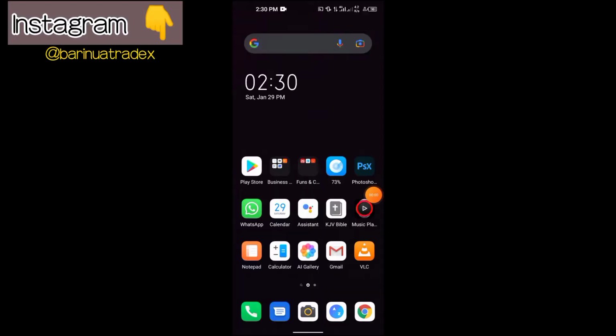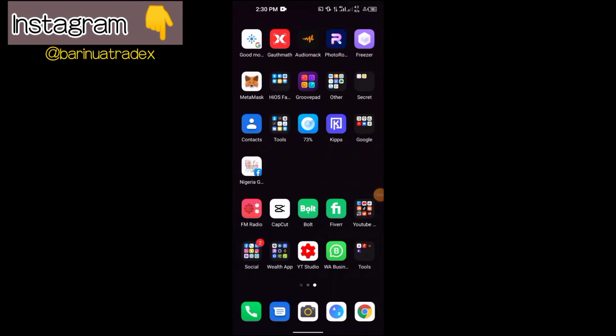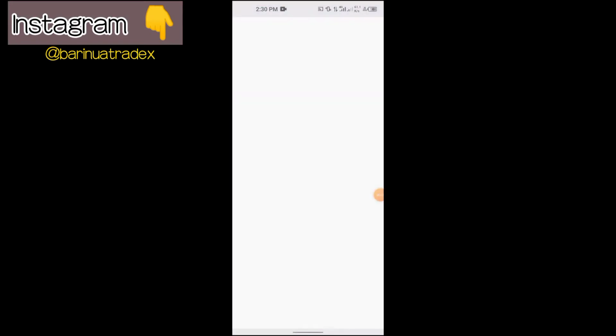Everything I'm going to do here is going to be on a mobile phone. It can be done on a PC using your MetaMask, but I'm going to do it on a mobile phone because most of the users here are using mobile phones. So let's get started in 1, 2, 3. I'll have to go to my MetaMask. This can also be done from your Trust Wallet, but I prefer MetaMask because MetaMask is browser friendly.